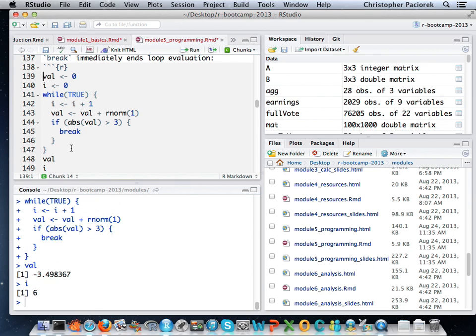So we could run it again. That time it took 6 steps to break out. And you can see here I've used this kind of dangerous thing, while true. True will always evaluate true. And so what that means is we're depending on this break to happen to get us out of this loop. And notice that in principle, of course, we don't ever have to exit this loop. If we keep generating zeros, for instance, we would just never get to a sum that was greater than 3 or less than -3. So this potentially could be an infinite loop.